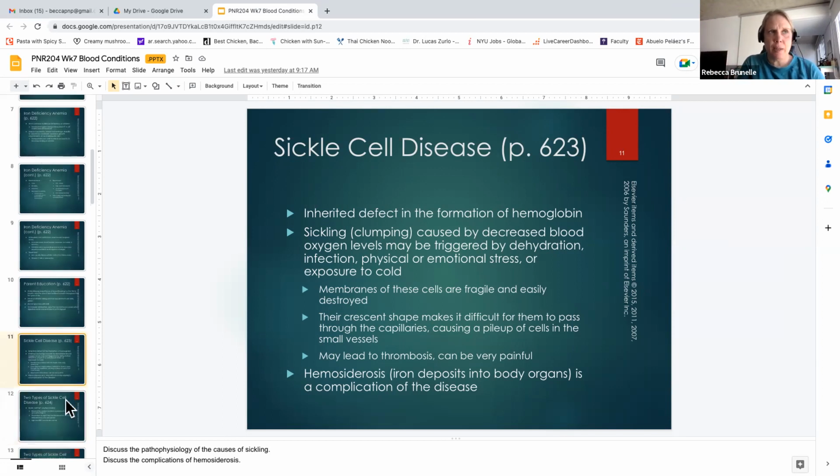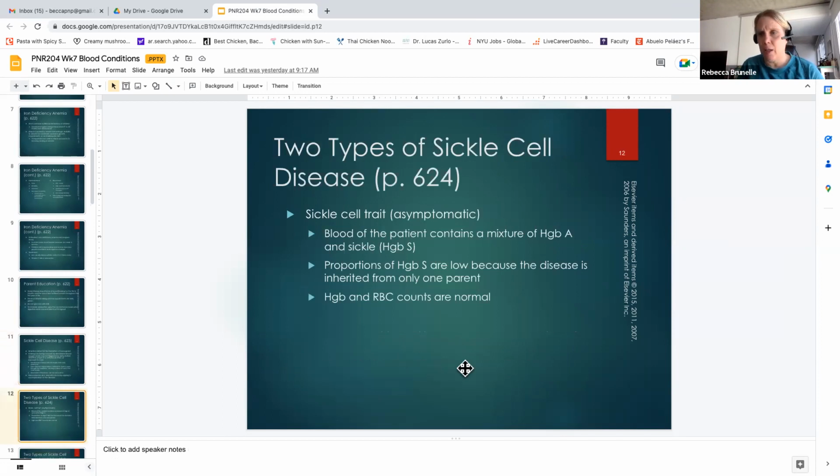So what is something that is a common nursing intervention? If you have someone that comes in a sickle cell crisis and they're in a lot of pain, you're going to give pain medication, you're going to give oxygen, more than likely. What is something else that you're going to do to help relieve their pain? Warm them up. Pain meds, yep, very good. What about fluids, like IV fluids? Fluids. Oxygen. Very good. You guys hit all of them.